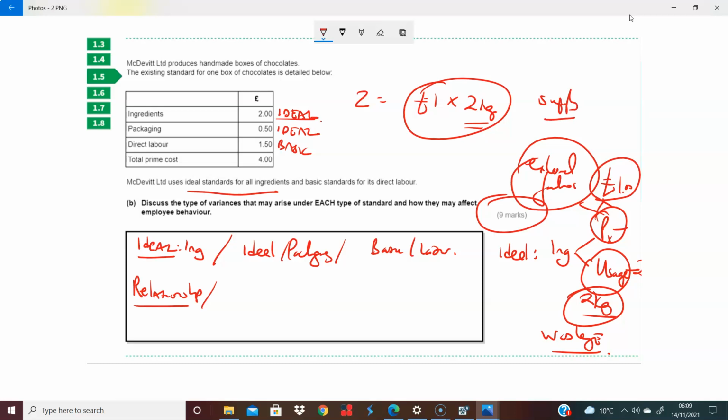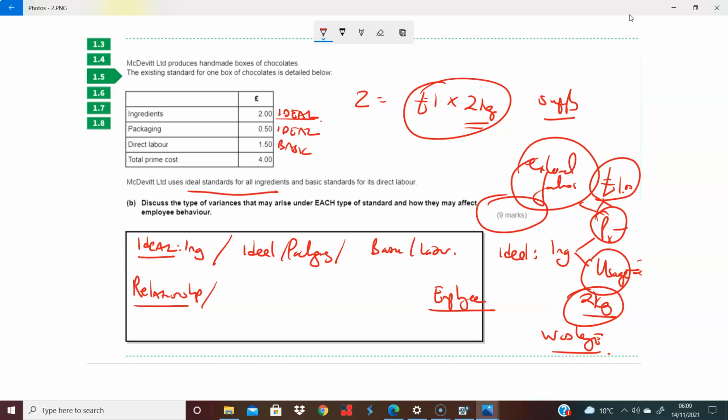So the question is, the ideal standard does not take into account any of these factors, right? So those are the two issues. Now, about how you should answer this, I think you should answer it like this, and then write about employee behavior under each of them. There's no problem with doing that because it means you're clearly answering the question and how this affects employees.